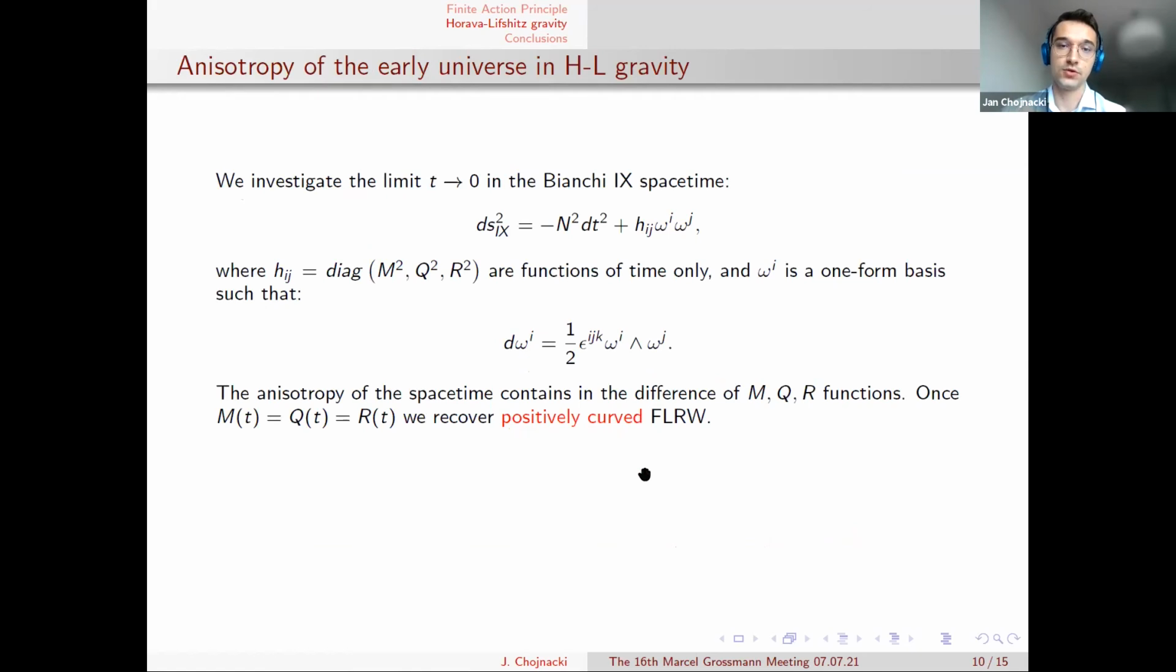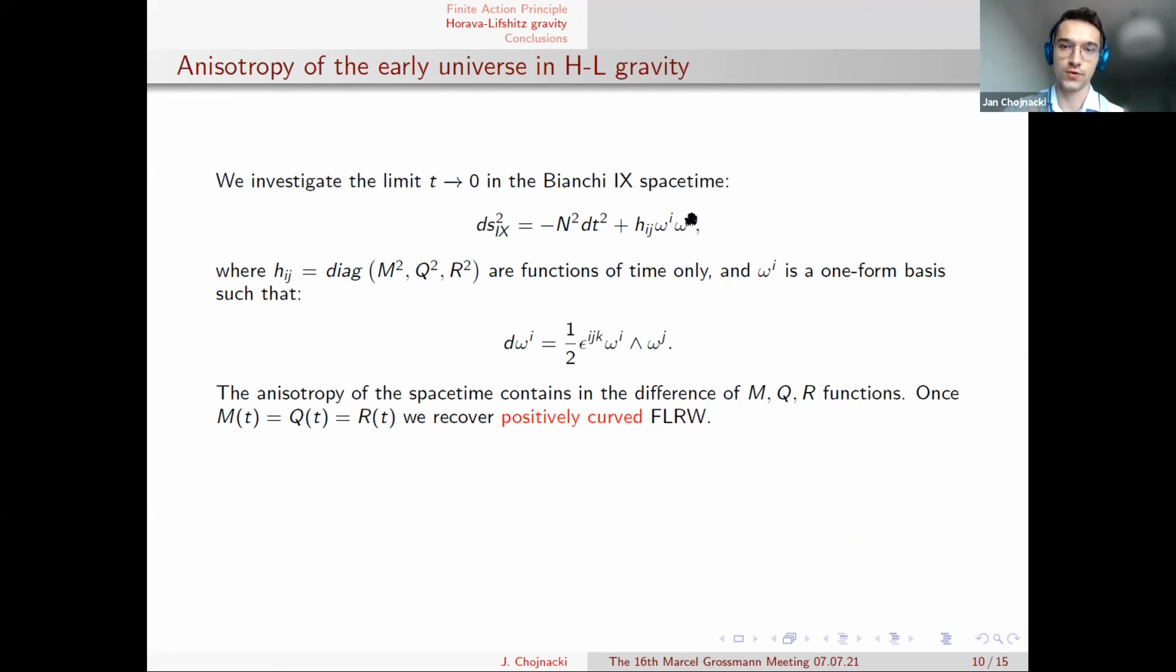And I would like to show you, in the case of anisotropies, that it is the case, with some caveats, which I will discuss later. So we'll be interested in the limit of time going to 0. So instead of black hole singularities with R going to 0, we will approach the Big Bang singularity. And we consider a model example of an anisotropic metric, which is Bianchi-9 spacetime,